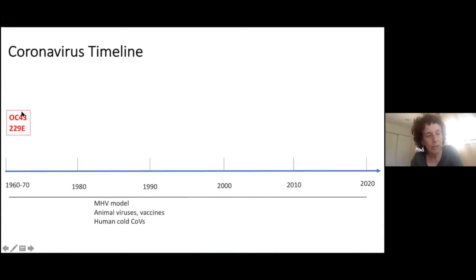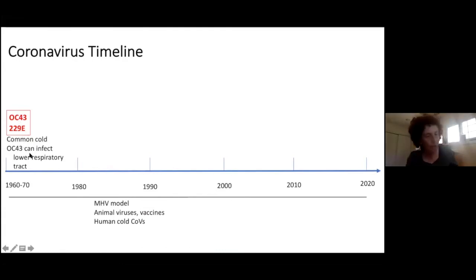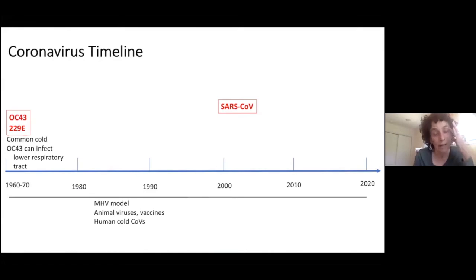So back here, we'll just say we knew about OC43 and 229E, the now known common cold viruses. OC43 can also occasionally infect the lower respiratory tract. And during this period between then and 2002, when SARS emerged from southern China, there was a lot of work developed on understanding how coronaviruses entered cells, their very interesting and complicated method of expressing their RNAs and proteins, and really what these very many proteins were that I'll talk about in a minute. But things were pretty quiet during that period. There weren't a whole lot of people working on these viruses. Much of the work was done on MHV, most of the molecular biology, and also some on IBV, infectious bronchitis